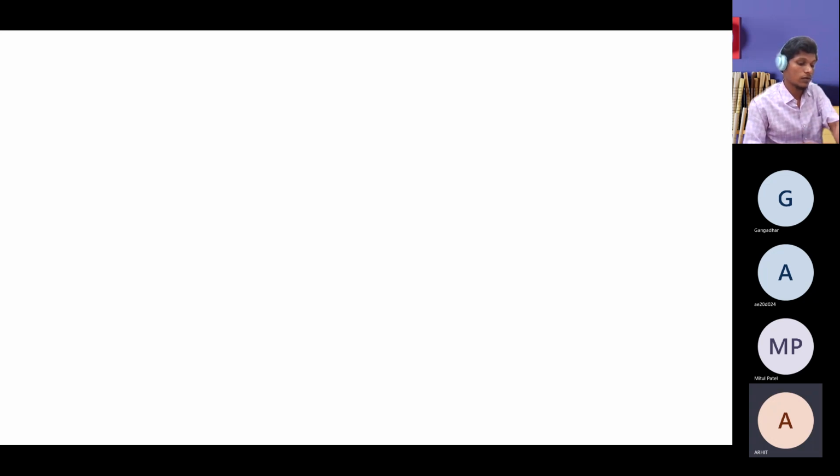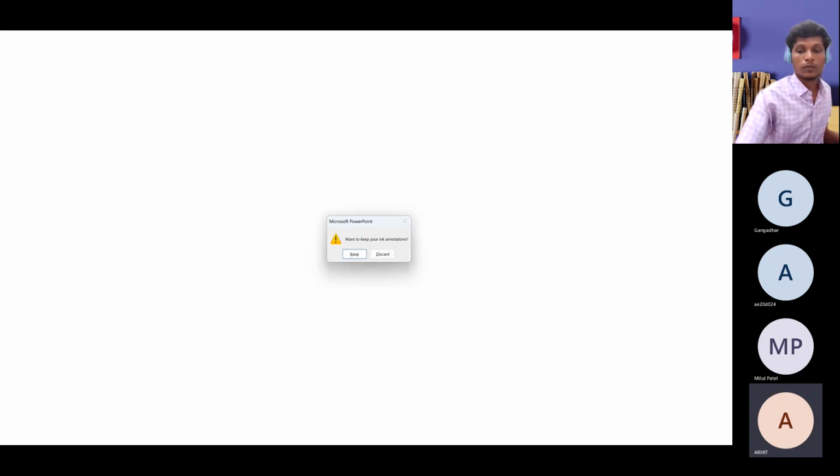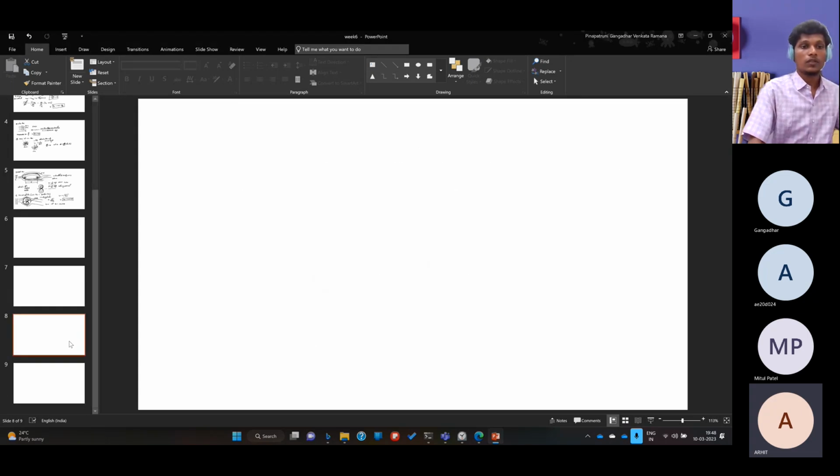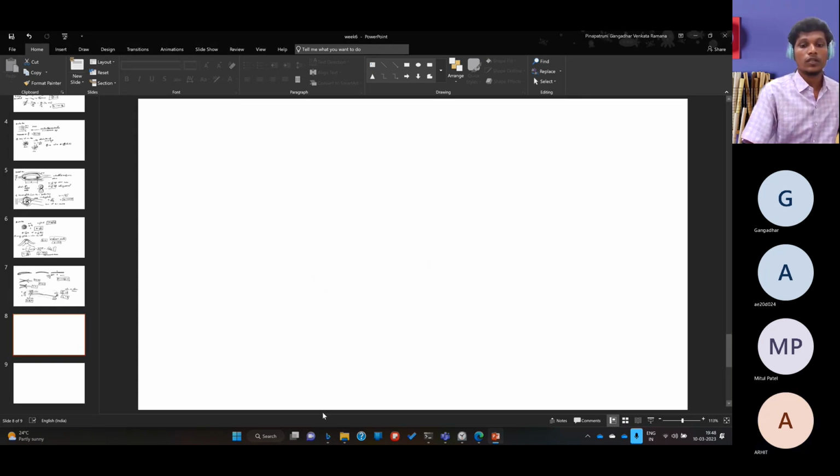I need to discuss that quasi one-dimensional flow through a convergent divergent nozzle. For that, I need something like the area Mach number relation. Do you know the area Mach number relation? Have you heard about that area Mach number relation? Yes, sir. I heard, but I can't recall right now. Okay. Can you at least tell me the final formulation of it?